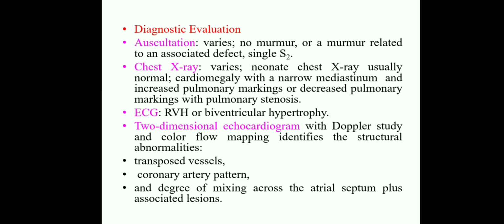Both the right and then left ventricles are having hypertrophy. And coming to the 2D echo, that is two-dimensional echocardiogram with Doppler study and color flow mapping, it identifies the structural abnormalities. The 2D echo shows the transposition of the great arteries, the coronary artery pattern also it will reveal, and the degree of mixing across the atrial septum